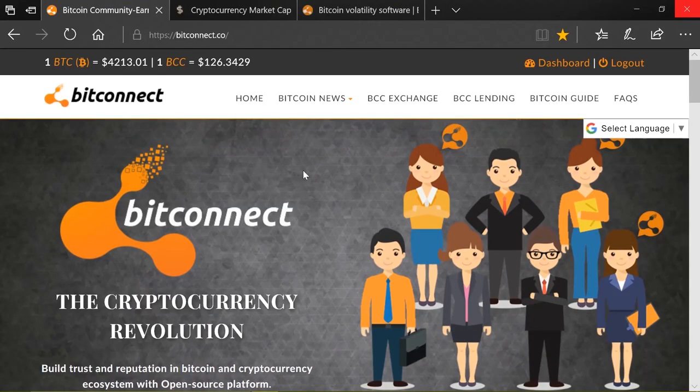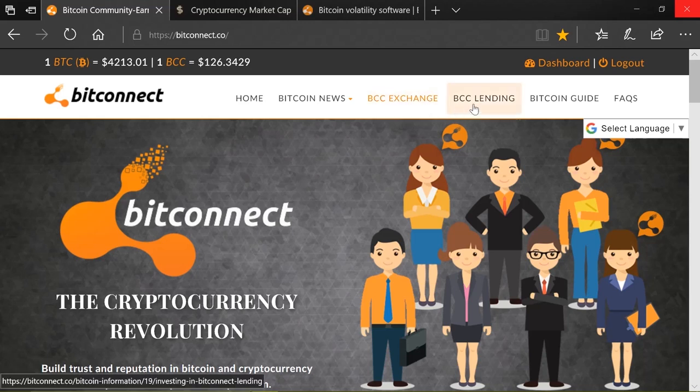I'm already logged in, so where I've got dashboard and log out, you'll have a login and a register area here. To get registered, all you need to do is click the register button. A little pop-up will ask you to put in your first name, your surname, your email address, and to create a username. Once you've created that username and clicked send, it will send an email to the address you've provided with a link asking you to authenticate who you are. By going to your email address, you will have verified that you are the destination email address you said you are, and you will then be able to go to the dashboard or login.